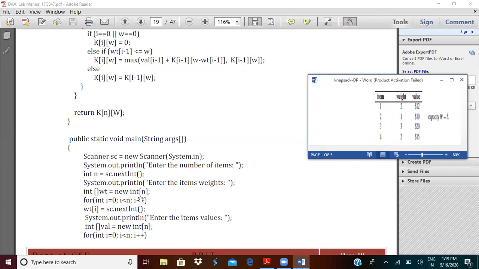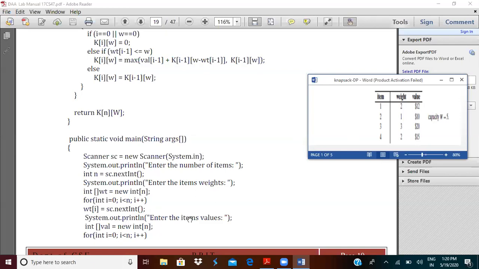Increment i by 1, i becomes 1. 1 less than 4, the condition is true, so take the next element and store it in this array. Next, i becomes 2. 2 less than 4, the condition is true, then take the next element. 3 less than 4, the condition is true, then take the next element and store it inside weight of i. 4 less than 4, the condition is false. What happens when the condition is false? The control comes out of the for loop.